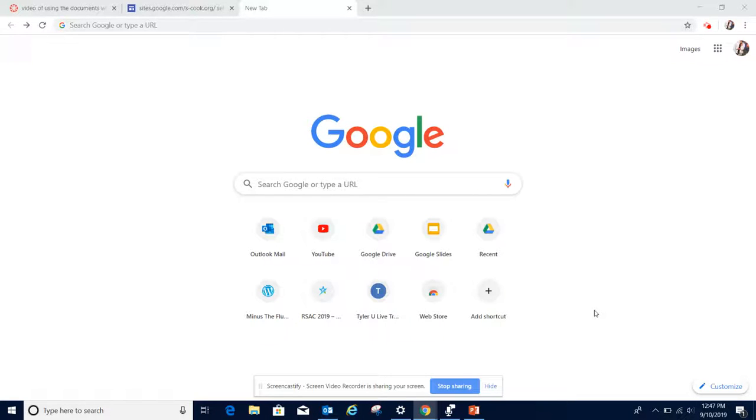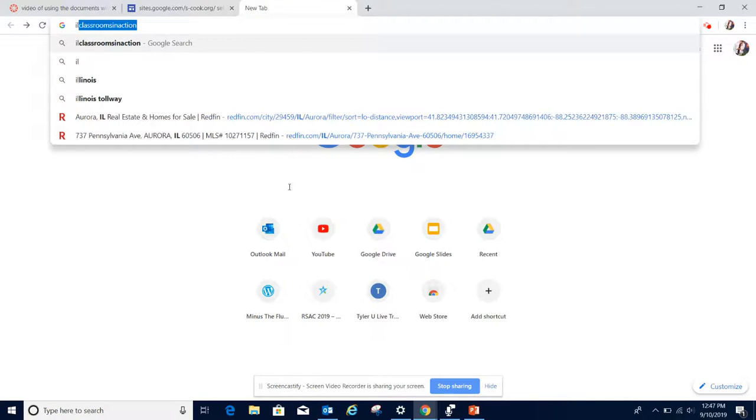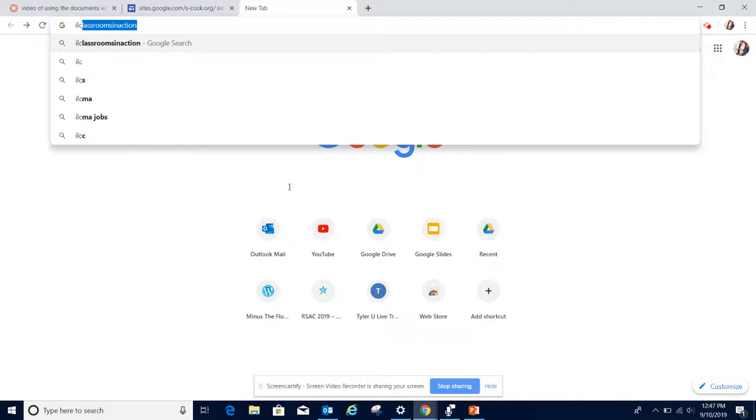Okay, let's get prepared for our scavenger hunt of SEL resources. I'm going to walk you all the way through everything to make sure that you have the navigation tools for yourself in order to look for strategies or benchmarks, descriptors, and etc. So let's go to a great resource, which is Illinois Classroom in Action, IL Classrooms